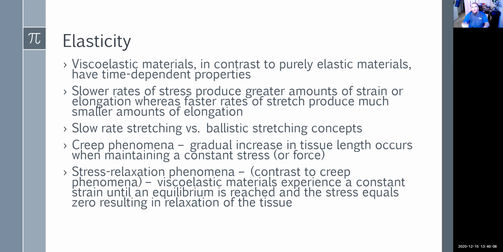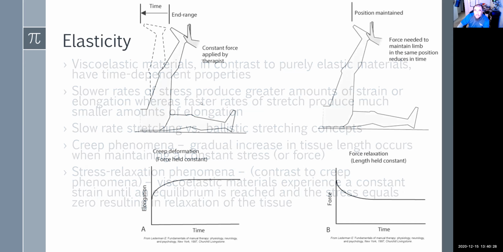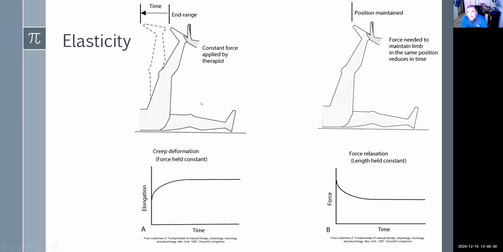There is an equilibrium. If we just let our arms go down, there is an equilibrium that they'll eventually reach. Now, if we are tight, it may stop here, right? At that point, it may need some stress to go past where it's stuck. But we do have this stress relaxation phenomenon where we can actually stretch the muscles just by relaxing. So here's an idea of it, right? Here we have somebody stretching the hamstrings out. Constant force applied by the therapist.